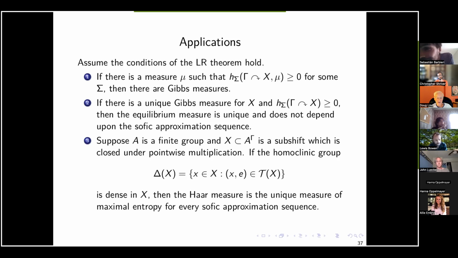That's true for any sofic group, gamma? Yeah, for any sofic group. And soficness is essential to assume? Well, we're using the LR theorem to prove it, so... No, I don't know. Maybe you can prove this for general groups. I have no idea without the LR theorem. But it's just that with the theorem we prove this, it's just a straightforward application.